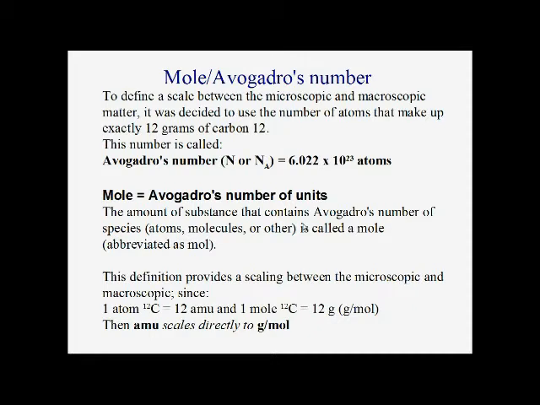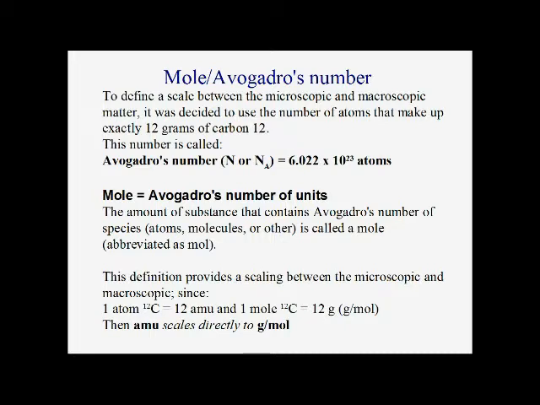So after we define the atomic mass unit that we can use for atoms and molecules, that's great. We can talk about the masses of atoms and molecules, but we don't have a scale built that we can use in the lab that can measure atomic mass units. It's too small of a unit for us to use on the laboratory scale. So we defined two additional quantities that allow us to work on the macroscopic scale. We went back to that isotope of carbon, carbon-12, and we defined